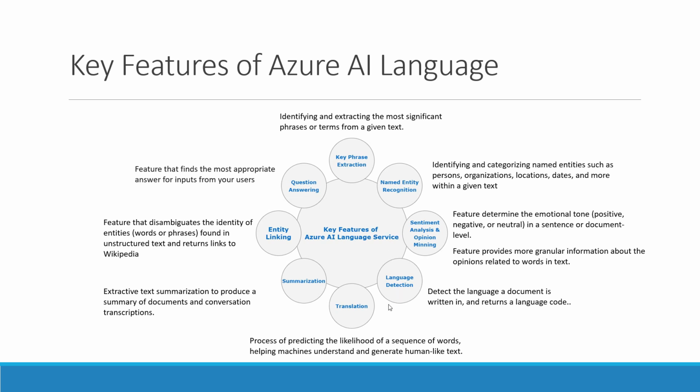The next one is translation. This takes the input string or text and automatically translates it to the target language. If we set English to French, it identifies the English language, automatically translates it to French, and gives the reply back in the same